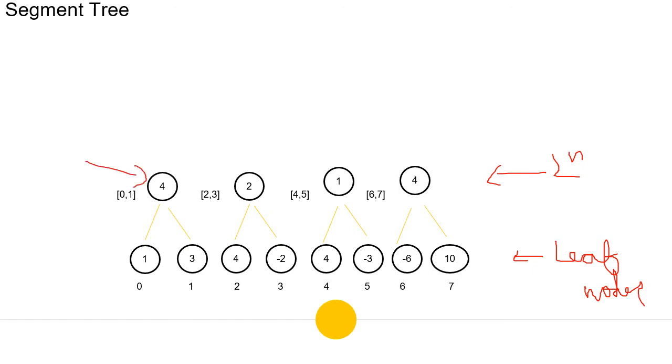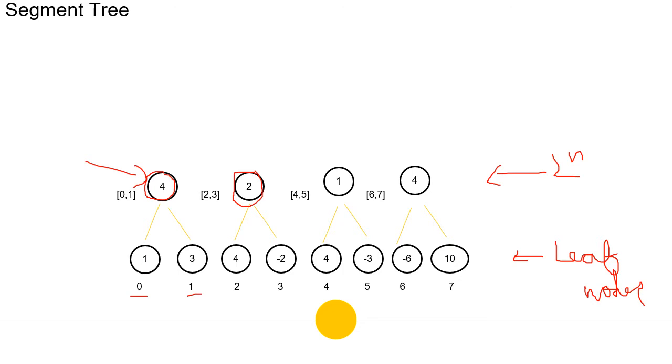Consider this node 4, which has the sum of elements from the range of index 0 and 1. So 1 plus 3 gives us 4, and this node will have the sum of elements from the index 2, 3. In this way, we have created the second level nodes.